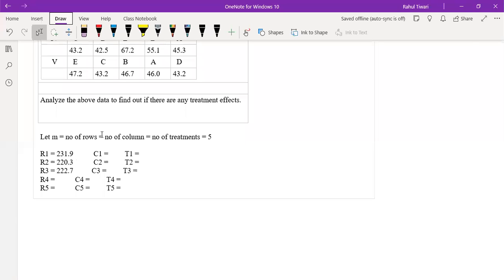222.7. 253.3. 226.3. And once we have these totals,